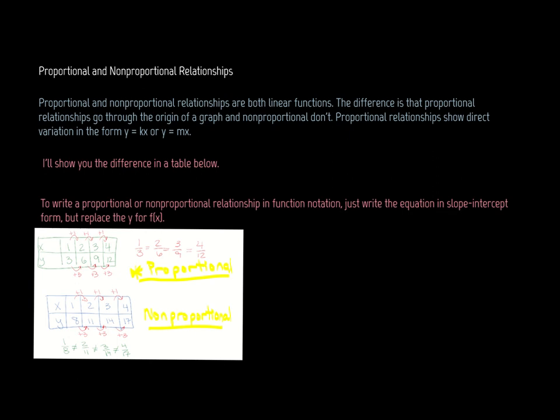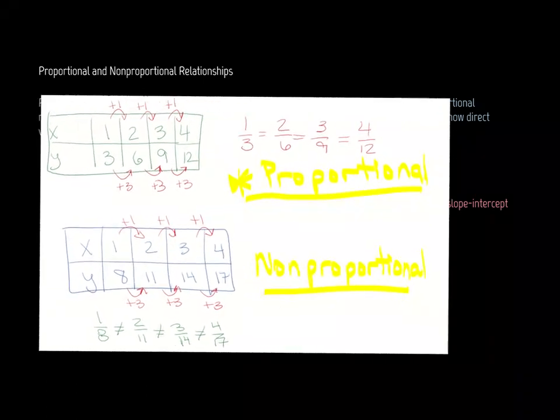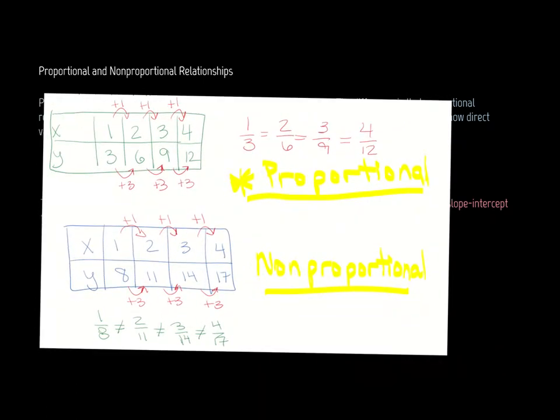To write a proportional or non-proportional relationship in function notation, just write the equation in slope-intercept form, but replace the y with f of x. Okay, so this is what I'm talking about in this slide. With proportional,